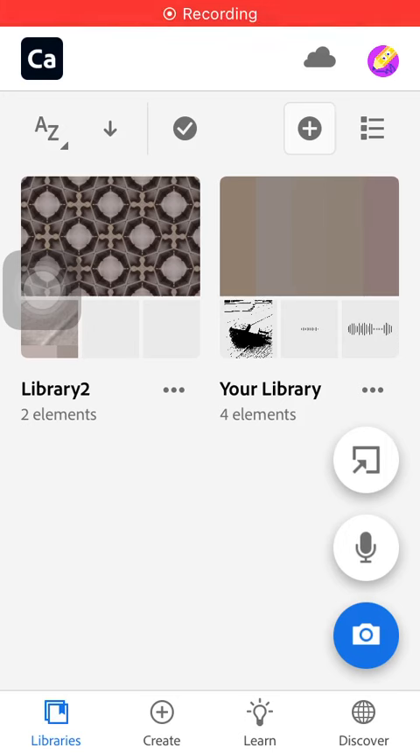Hello guys, in this video I'm going to show you how to save images to Capture album on the Adobe